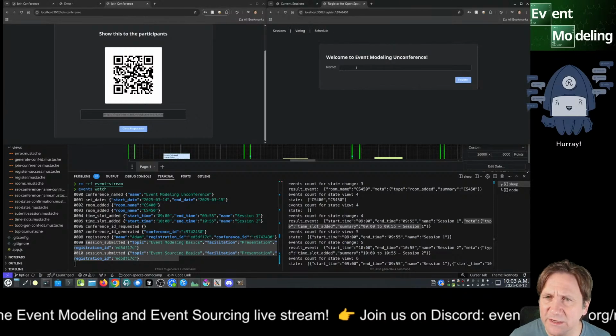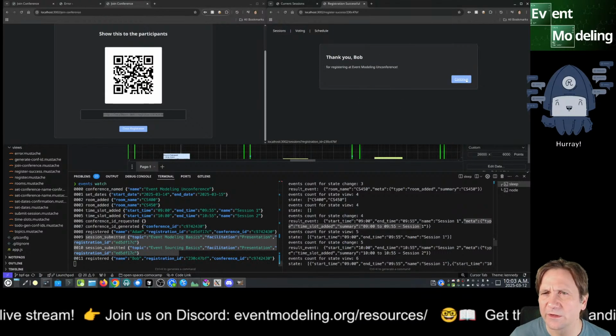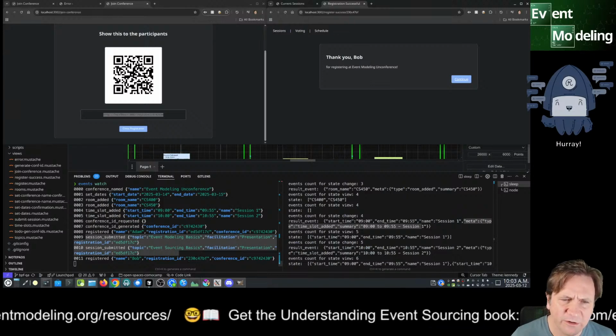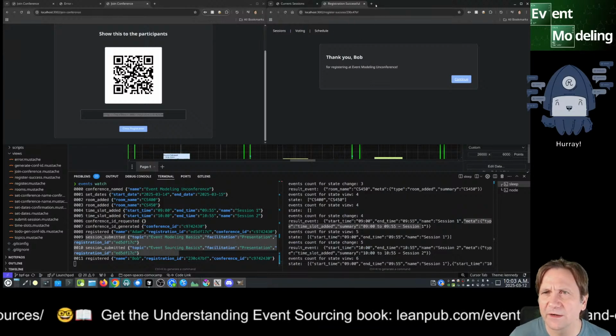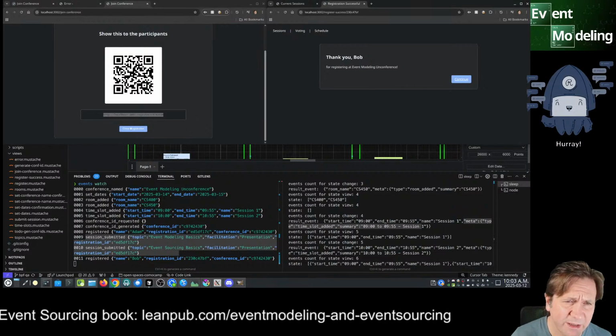So they get the same idea here. You have Bob, you can register. Awesome, Bob can register. So we have another registration here. We can also close registration. This is a screen for the organizer. They have this button,